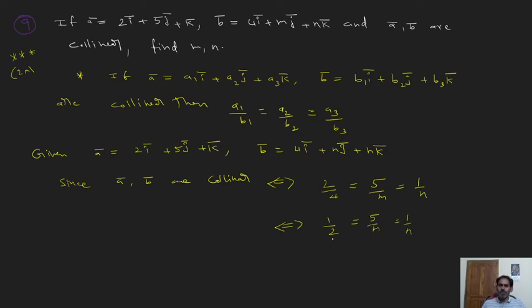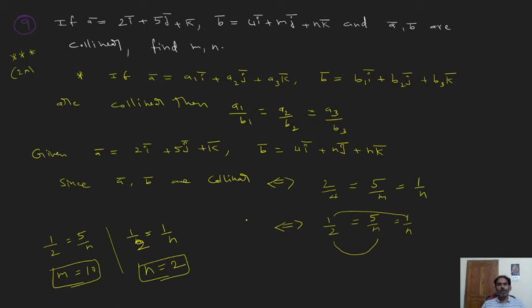Now equate these two and these two. You will get M and N. 1 by 2 equals 5 by M, because M and N are required. That's why we take M. 1 by 2 is a known value, and M is unknown. By cross multiplication, M equals 5 times 2, which is 10. So M is 10. Next, equate the first and last: 1 by 2 equals 1 by N. By cross multiplication, N times 1 equals 2 times 1, so N equals 2. So M equals 10, N equals 2.